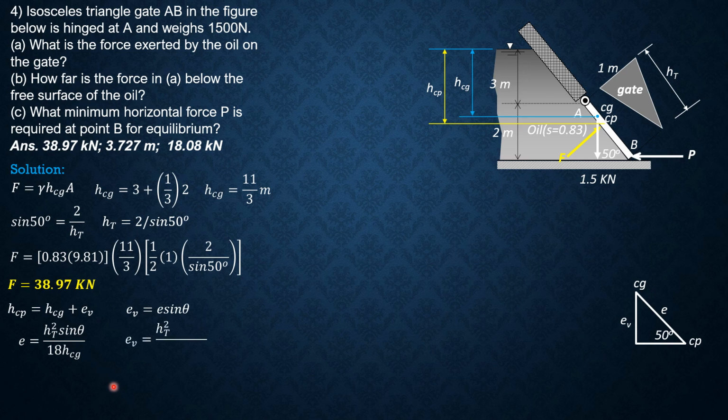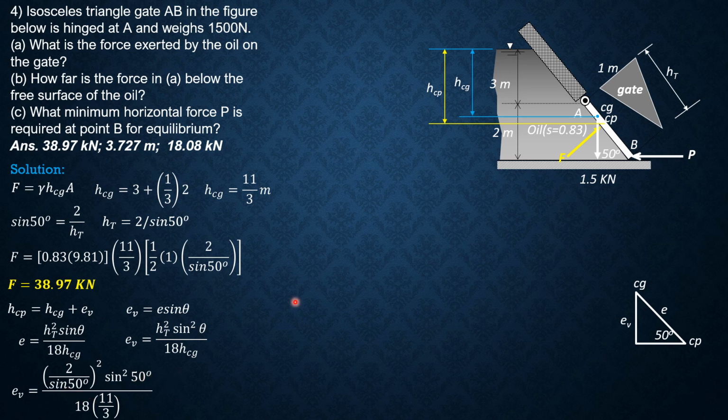divided by 18 barred H, where theta is equal to 15 degrees, the angle of inclination of the gate. So substituting that value, H sub T is 2 over sine of 50, quantity square, then sine square of 50, then divided by 18 times barred H, which is 11/3. So therefore, E vertical is